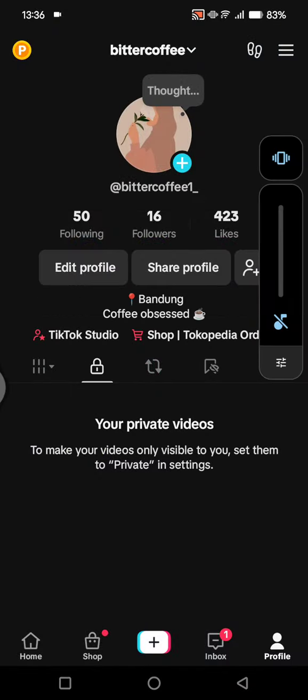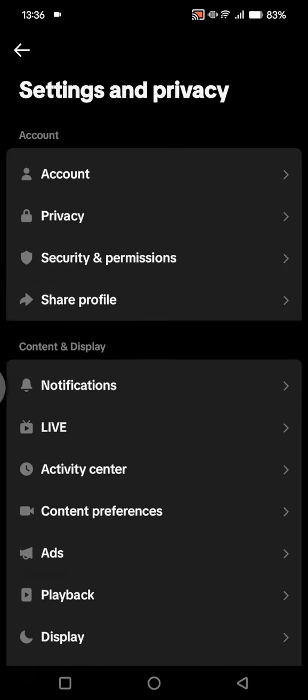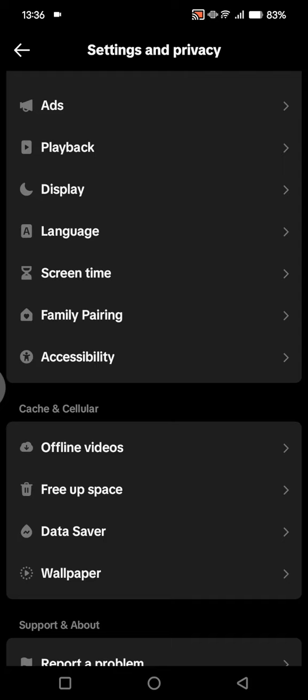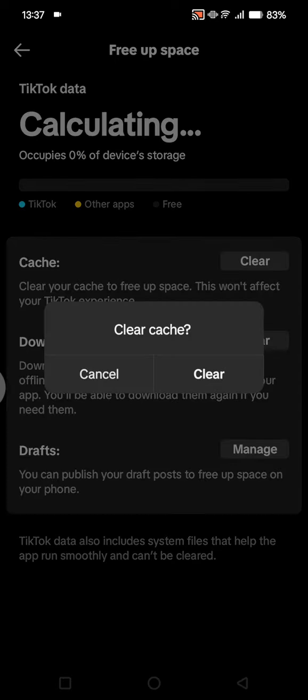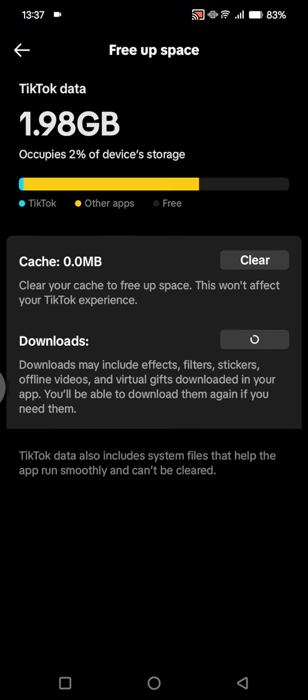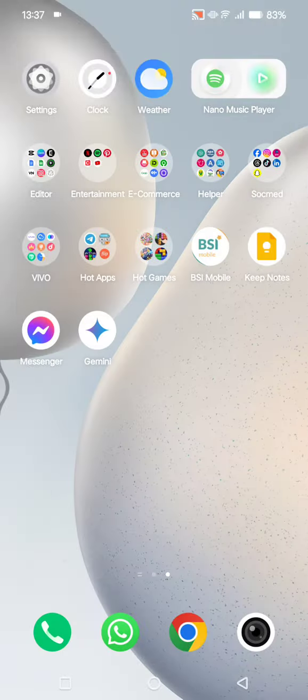You can open your TikTok and click on the three lines icon, go to the settings and privacy. Here you can scroll down and choose to free up space, and here you can try to clear the cache again like this. Now the cache has been cleared, and if the location is still not showing, you can try